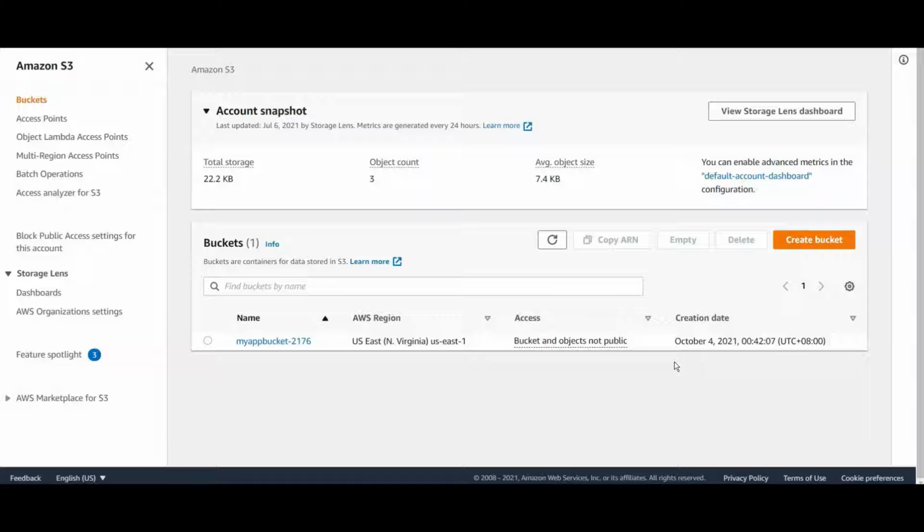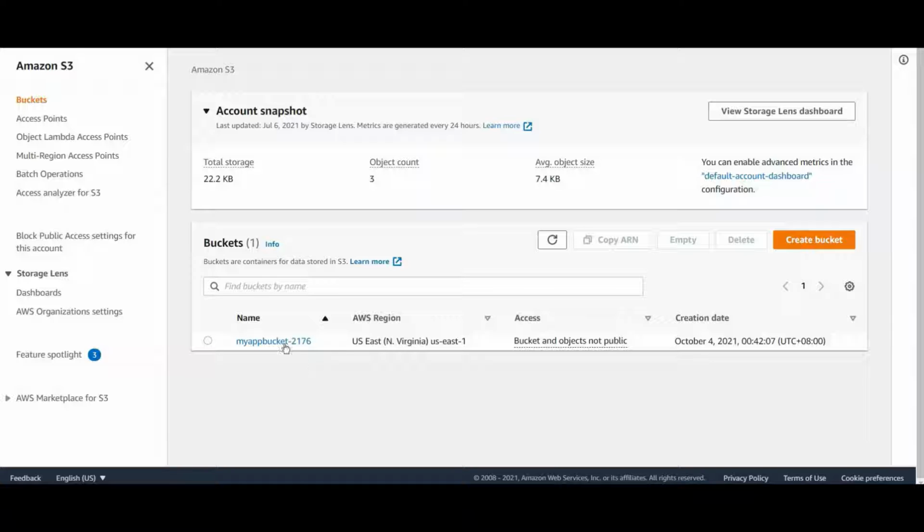Now we will see the S3 replication. S3 replication is like creating a replica of your S3 bucket in a cross region or in the same region. It will be more useful to take a backup of your S3, or if you want to have a DR solution in a different region, you can use the S3 replication.